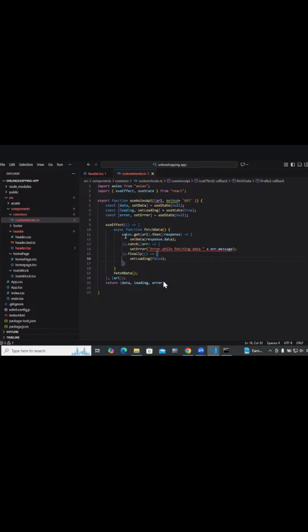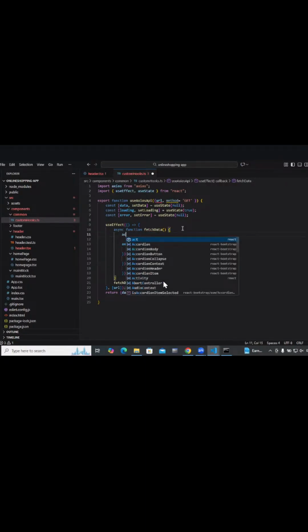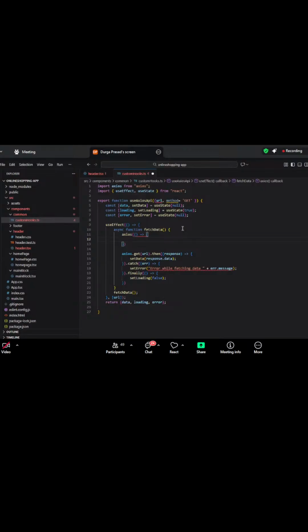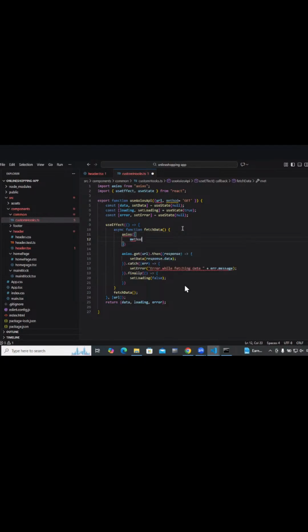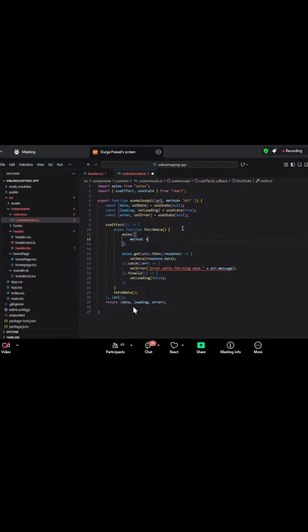Okay, but here we are always doing axios.get. That doesn't work. We have to say axios of, sorry, axios itself will take a method. Method will be the method the user is passing.